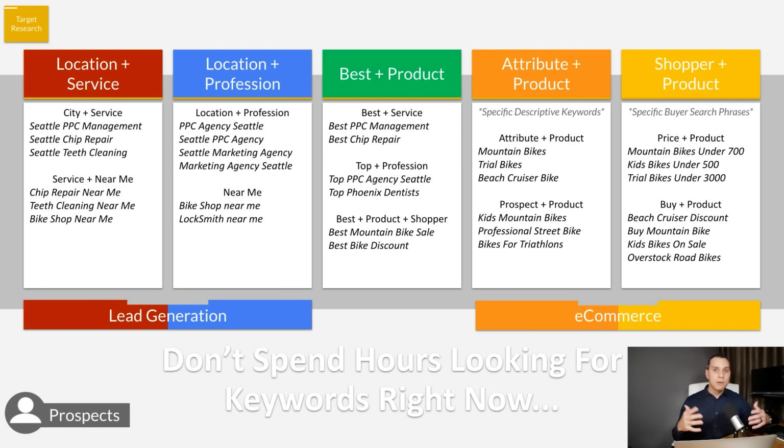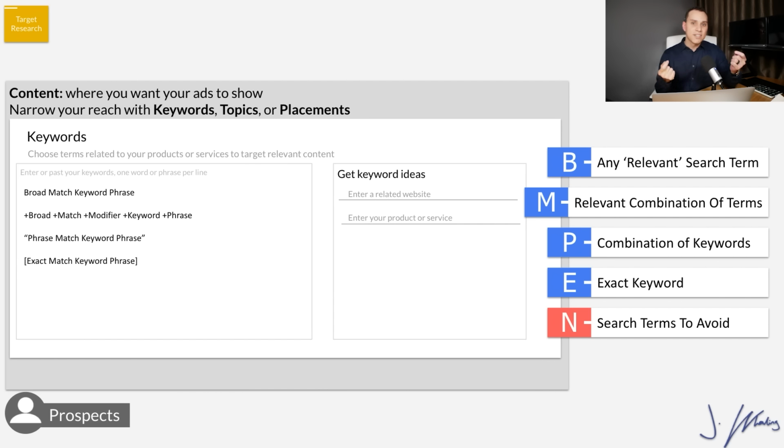because at the end of the day, people aren't exactly all that creative when they're typing in how to buy your product or service. So there's not a whole lot of keyword research you actually have to do when it comes to PPC. SEO, yeah, that's a whole other monster. But when it comes to Google search ads, the keyword research is really simple, especially when you have a template like this. Now, there's one more thing we need to talk about before we move on to crafting your ads,